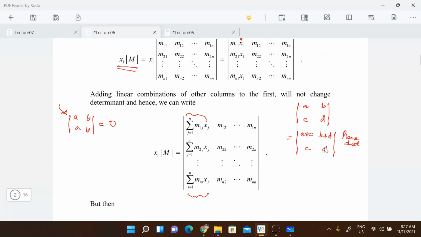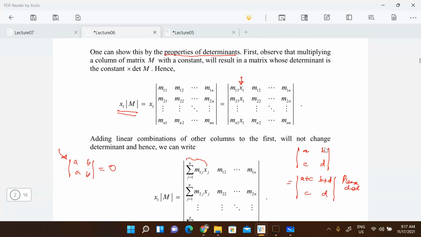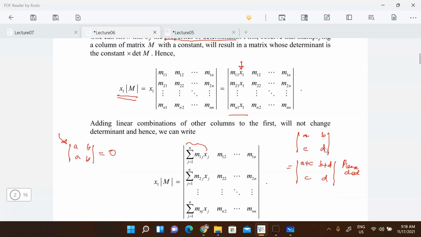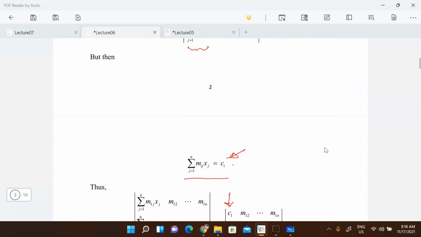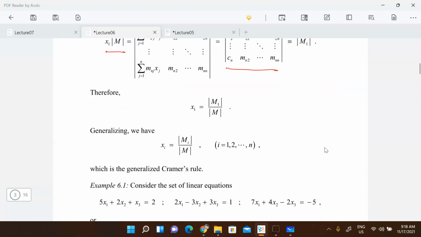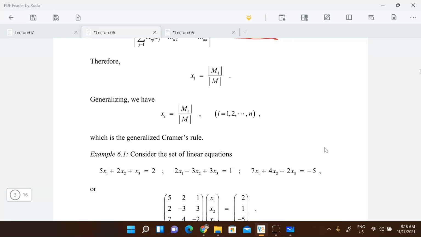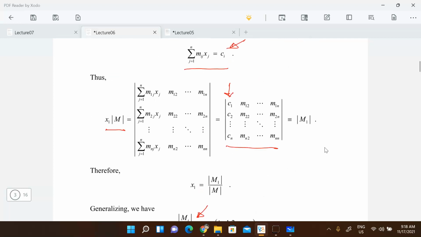like before. Let me go back, multiplying like this over here. Okay, so instead of the first column, now we'll have the ith column. Okay, and then redo all the same steps, and you'll be able to write in terms of this. What is m1? What is mi? M1 is the one